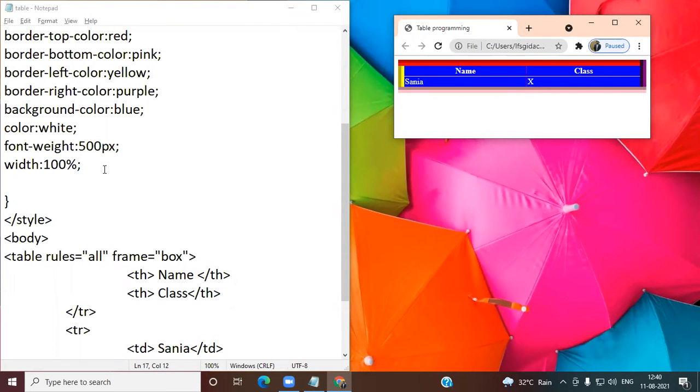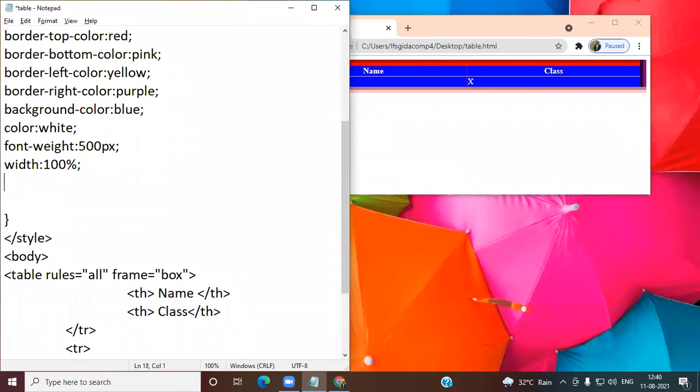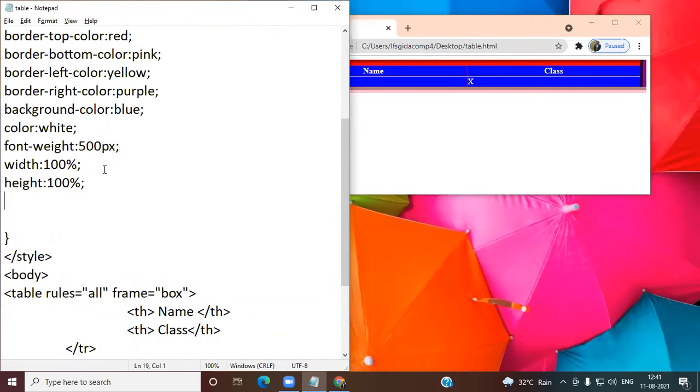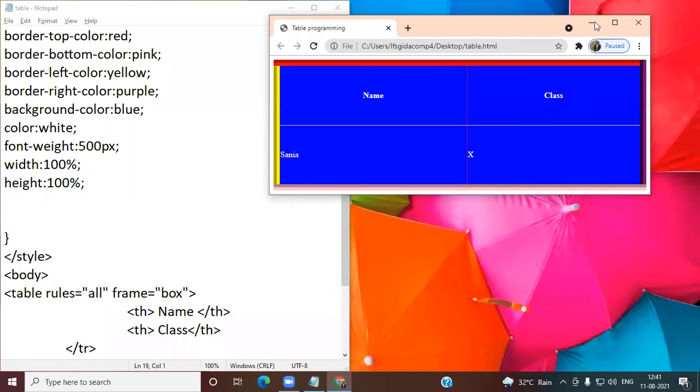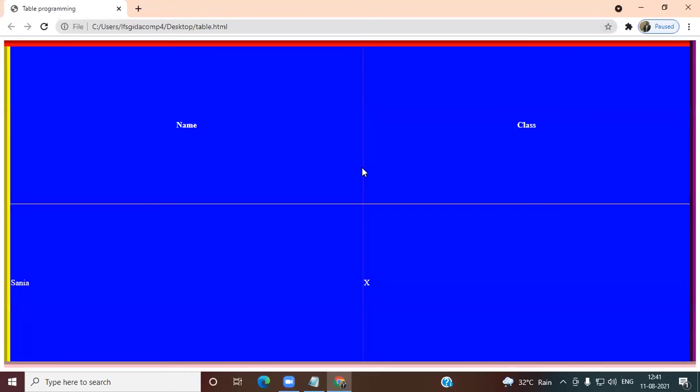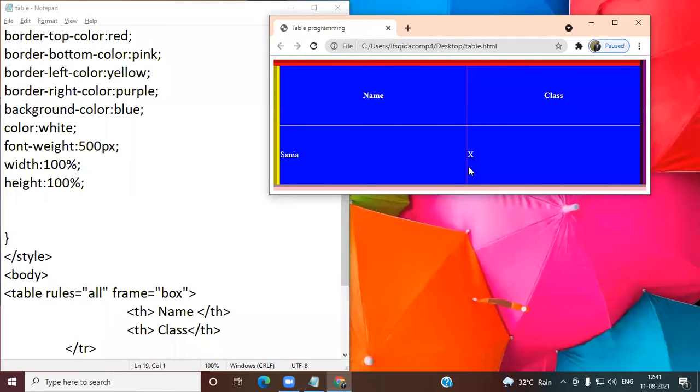If you want, it may occupy the height also 100%, so you can use it. If it is a full screen, it will come into the full screen. So by the help of CSS also, you can modify the table.